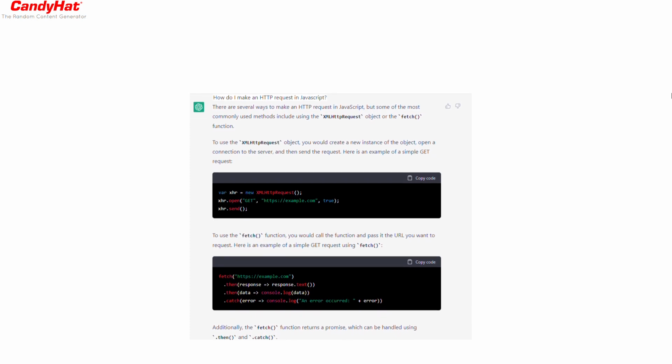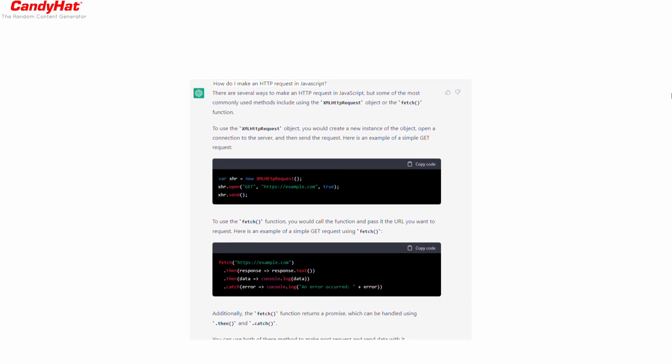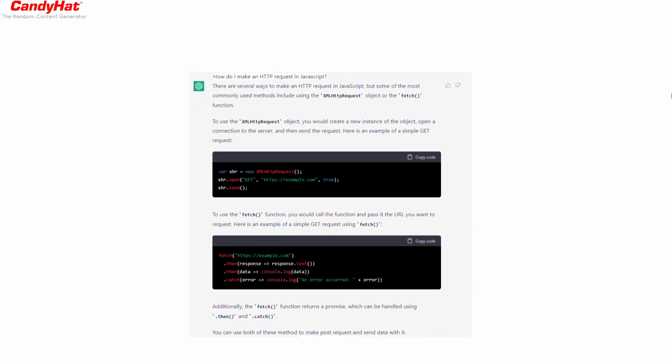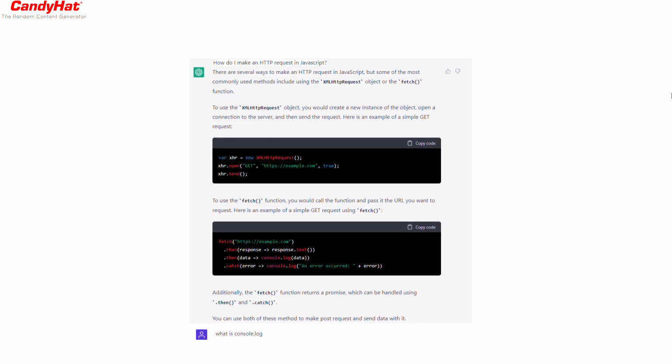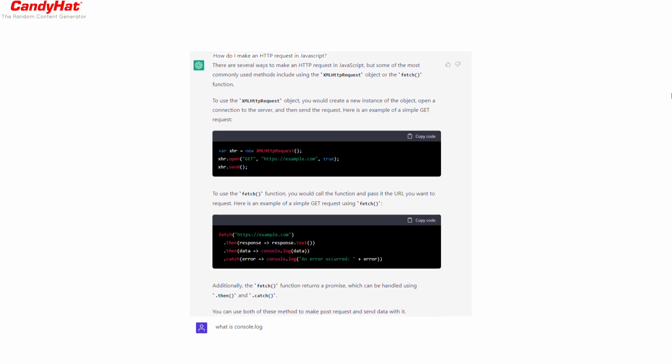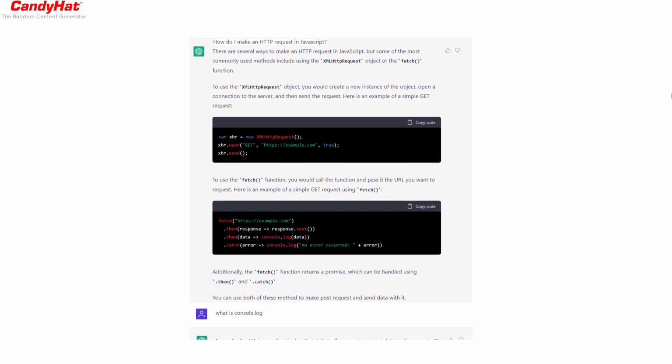Here is an example of a simple GET request. var xhr = new XMLHttpRequest(); xhr.open('GET', 'https://example.com', true); xhr.send(). To use the fetch function, you would call the function and pass it the URL you want